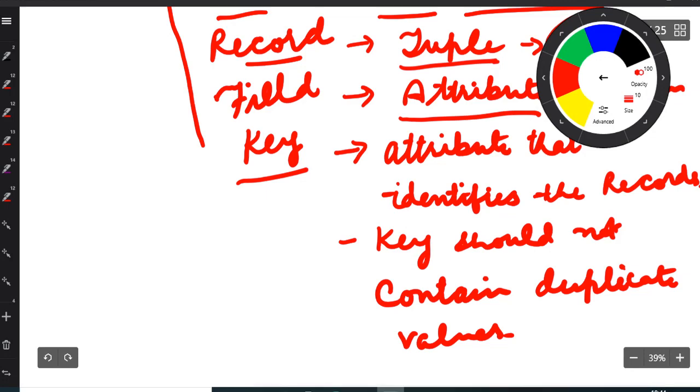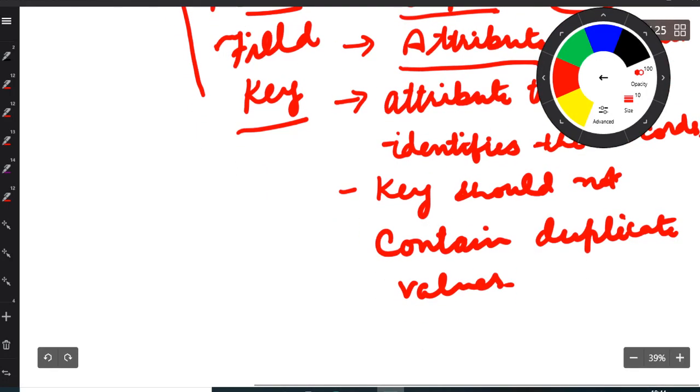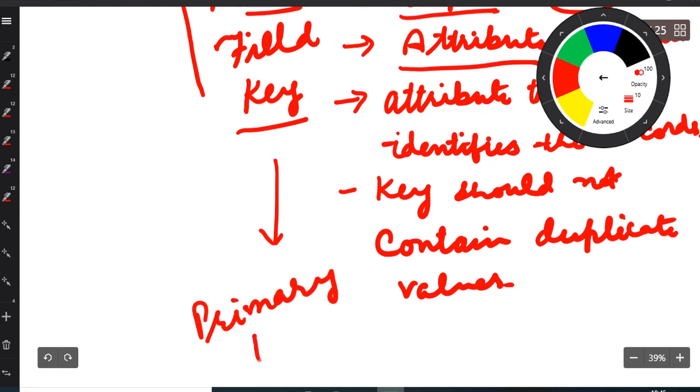Key should not contain duplicate values. It is also called primary key. Later on we will also discuss other types of keys. Today we will discuss only primary key.